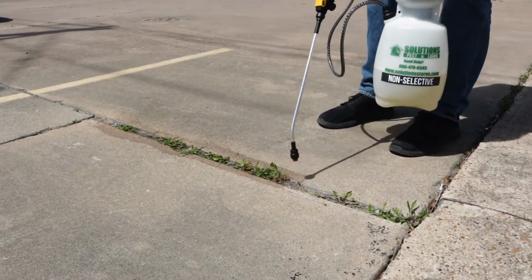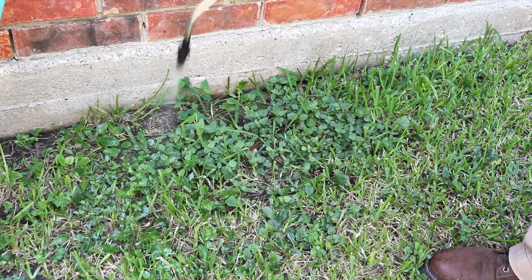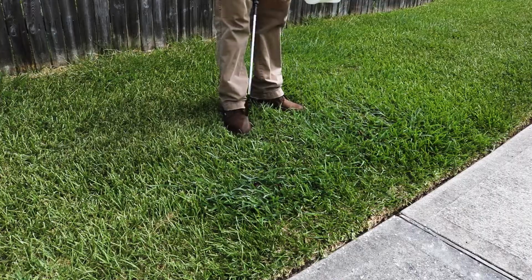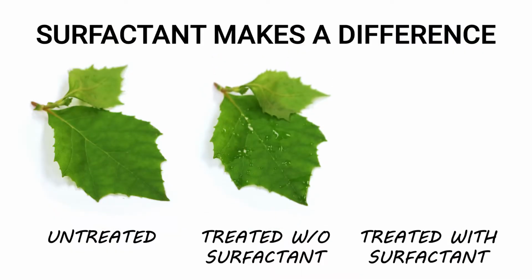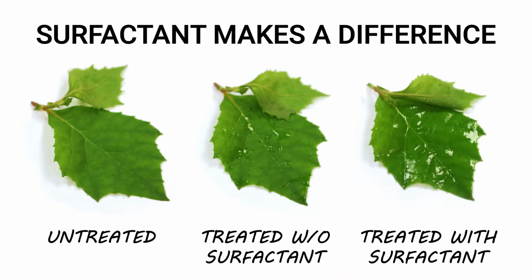A good application for this would be weed control. Adding a surfactant in with weed control can just help the product stick better to the leaf surface. When spraying a pesticide or an herbicide without a surfactant, the chemical can tend to clump up on the surface that you're spraying it. When using a surfactant, what that'll do is just help that product evenly adhere to the